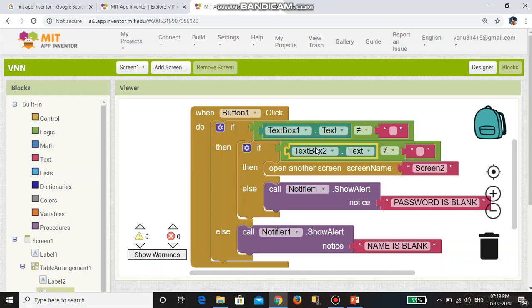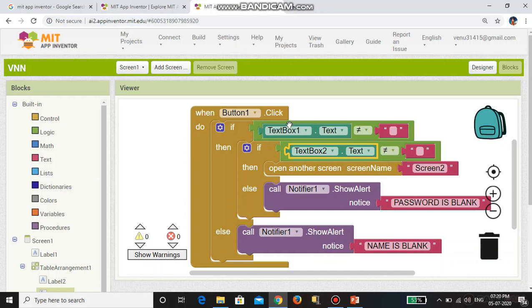Now we'll see the logic. If button one, which is the submit button, is clicked, first we want to check whether text box 1, which is the username, that is the student name, is empty or not.